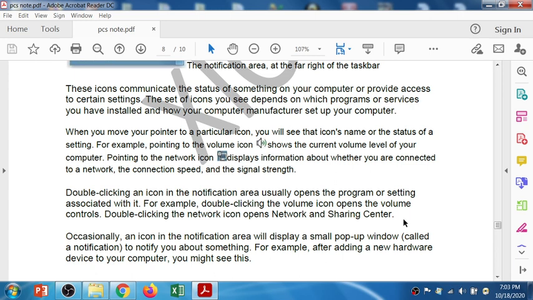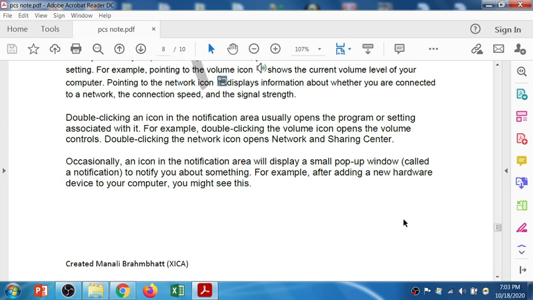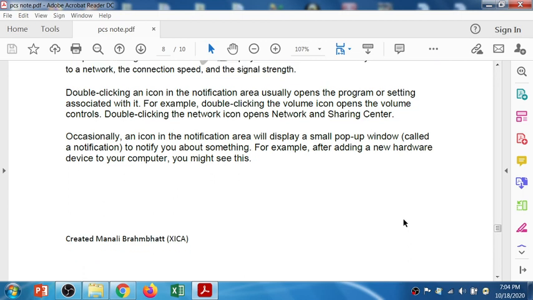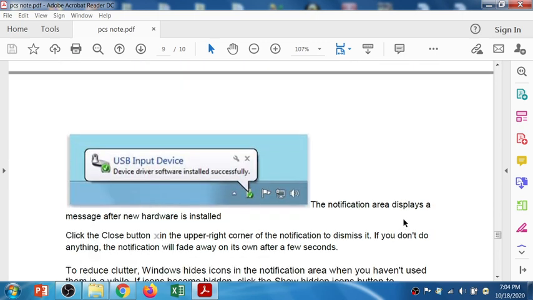So that's it. Occasionally the notification area will display a small pop-up window called a notification to notify you about something. For example, after adding a new hardware device to your computer, you might see a message. Let's say you attach your pen drive to the computer: the USB input device is installed successfully.